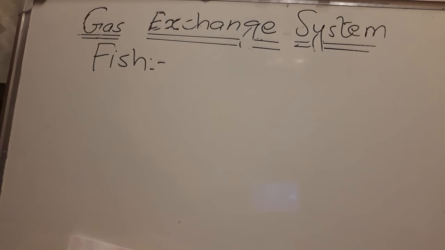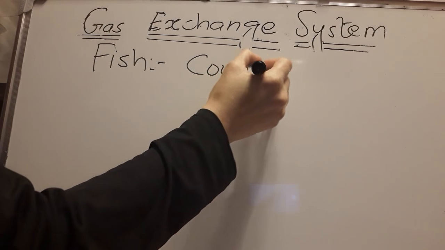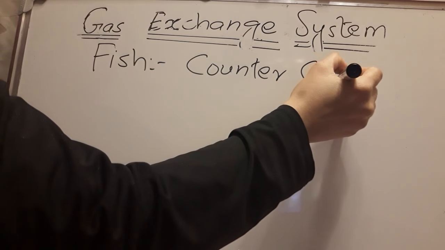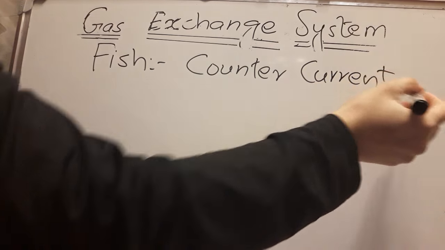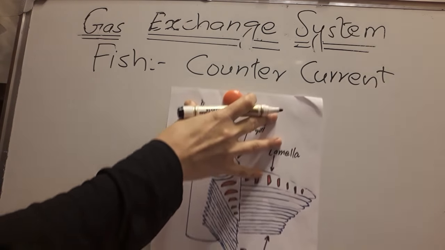Now we'll discuss gas exchange in fish. Fish use a countercurrent system for gas exchange. As there is a lower concentration of oxygen in water than in air, fish have special adaptations to get the maximum out of it. If we see the diagram of gills,